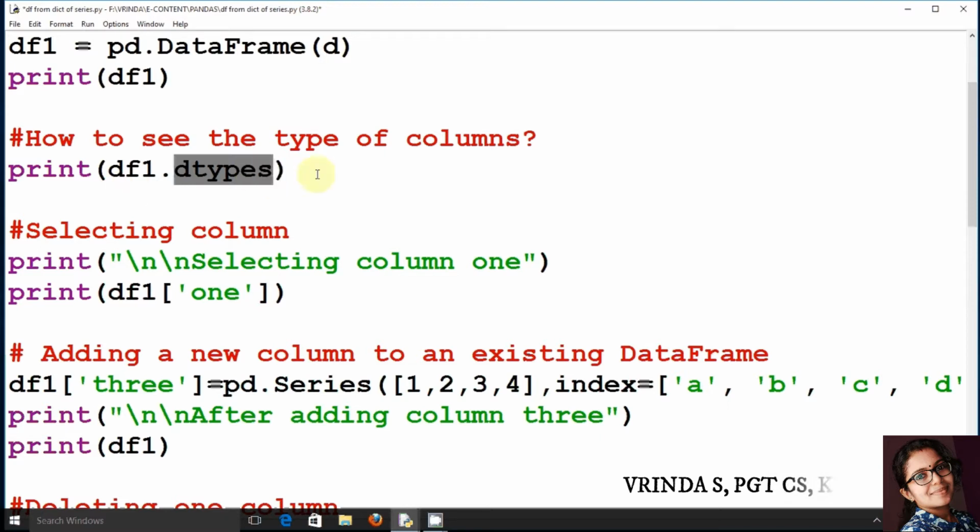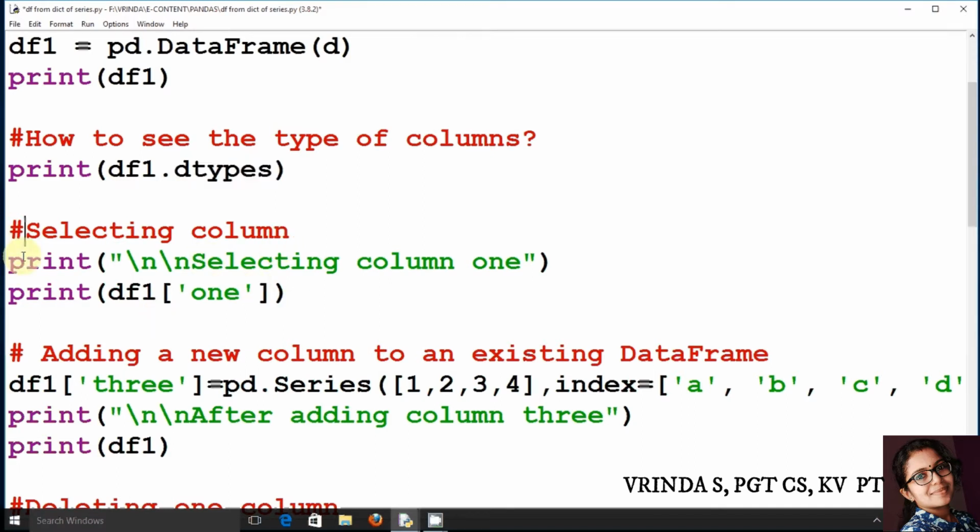This will show you the data types of all values in the data frame based on the column. First column, what data type it follows. Second column, what is the type, like that. We will see the output at the end of this session.